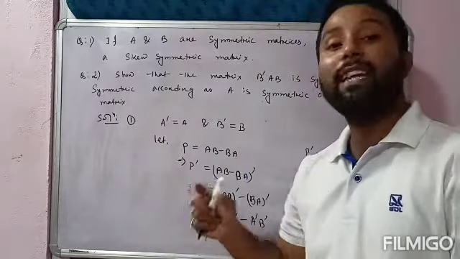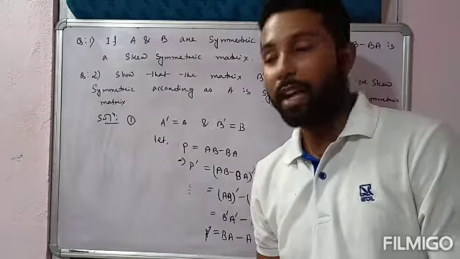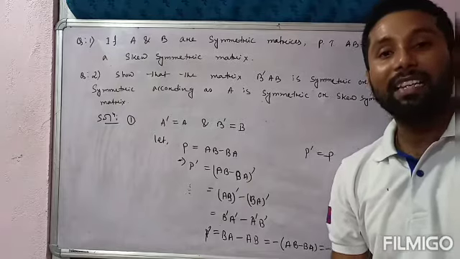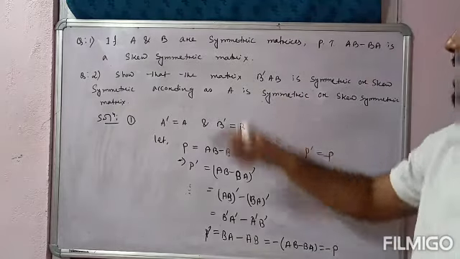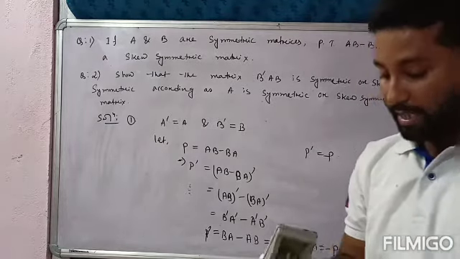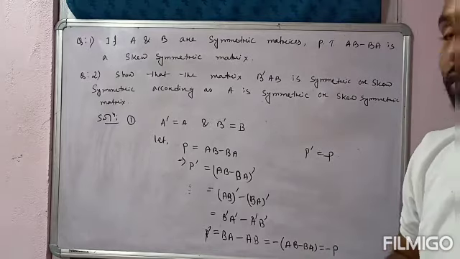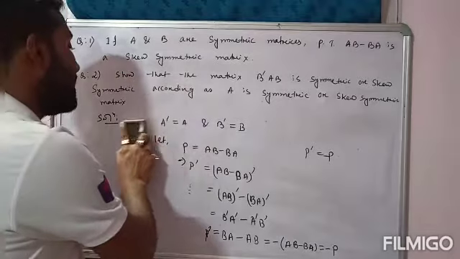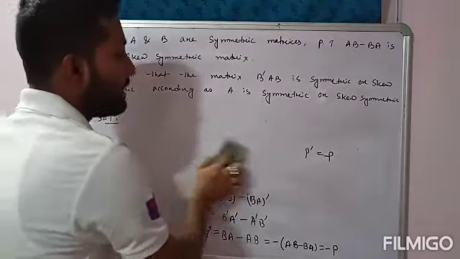Here you have to take transpose on both side. Okay, so if I take transpose on both side, then we can say that AB minus BA is a skew symmetric matrix. Okay, this is all about the first question. Now I will discuss the second question. Once you go through the second question, the second question is show that